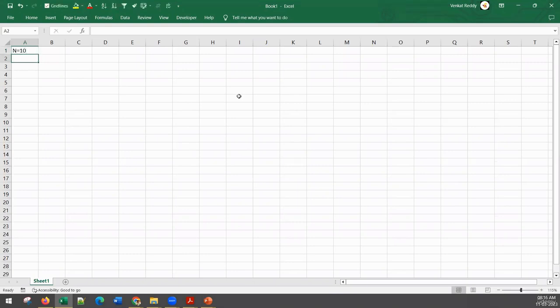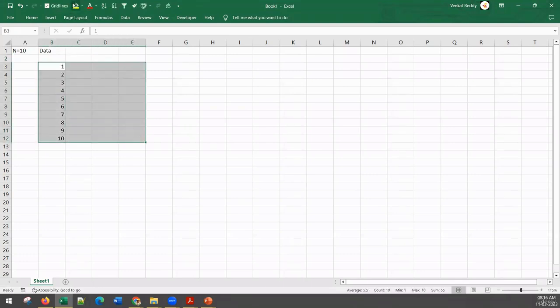To get this, imagine you have a data set with 10 records. This data size is 10. This is your original data, a data set with 10 records. That means if you take the record IDs, record number 1, record number 2, record number 3, 4, you have 10 records and you have some columns, 5 or 6 columns, or however many columns you have. This is the original data that you have with you.